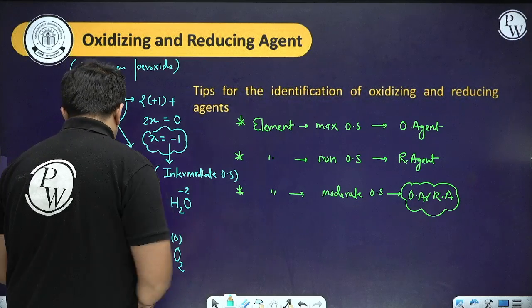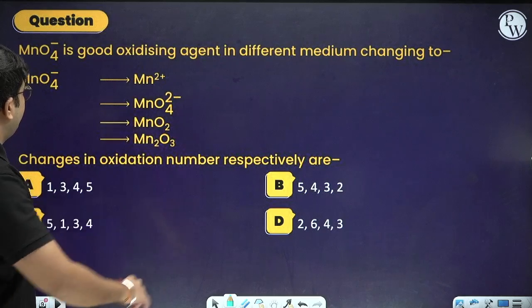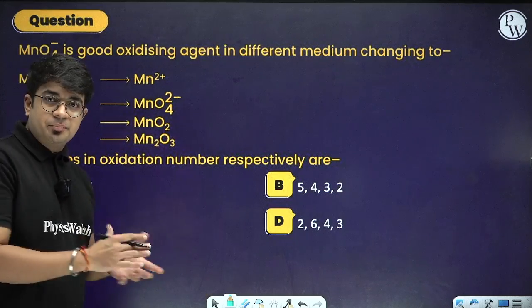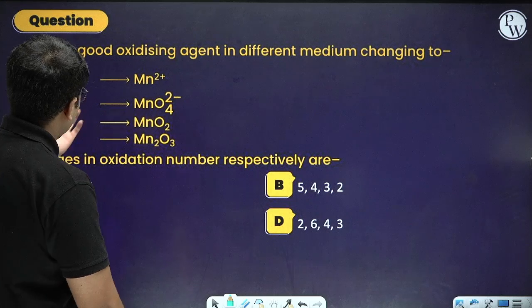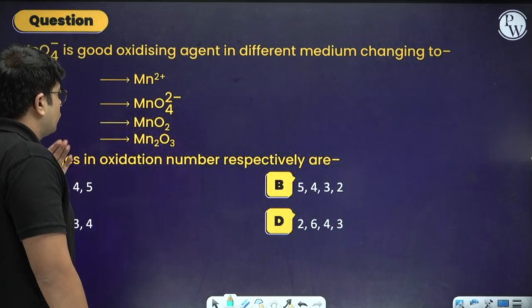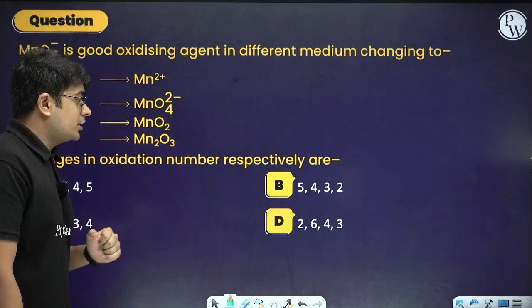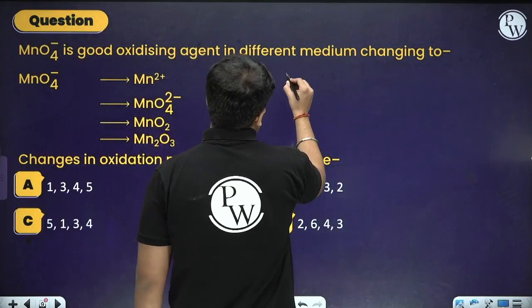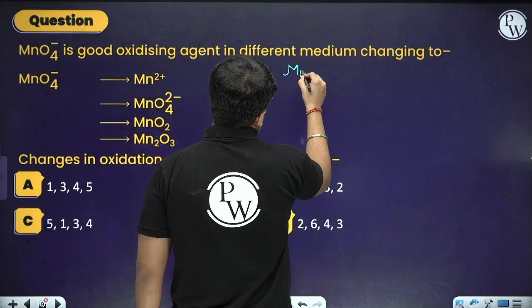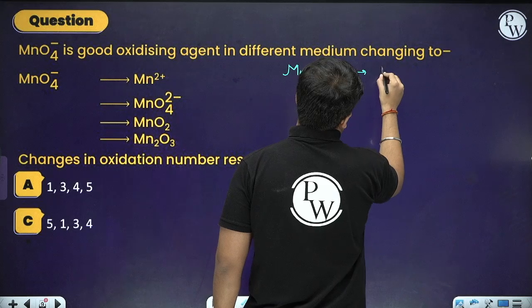Okay, now let's talk about a simple question. MnO4 negative, which is potassium permanganate, is a good oxidizing agent in different medium, changing to Mn2 positive, MnO4 2 negative, MnO2 and Mn2O3. Changes in the oxidation number respectively are. So it's a very simple calculation. So you know, in first case, this MnO4 negative is converting into